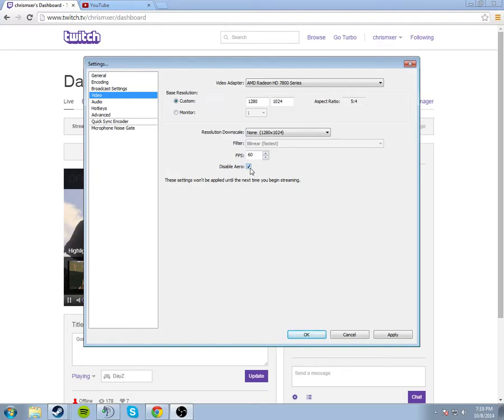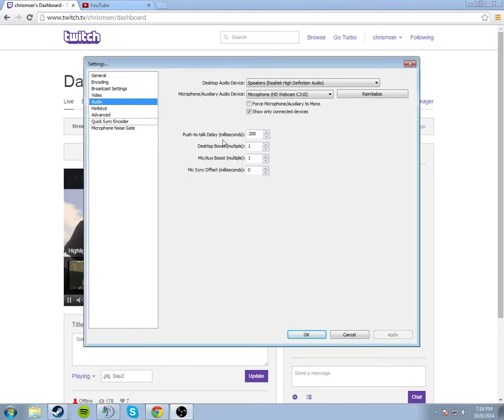Or don't check this box if you're streaming or something like that. But if you're using OBS to record, then definitely, or for monitor capture, because it says right there in the little drop down, don't use it. For audio,